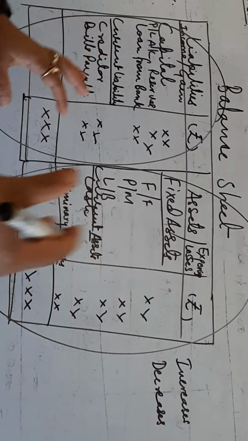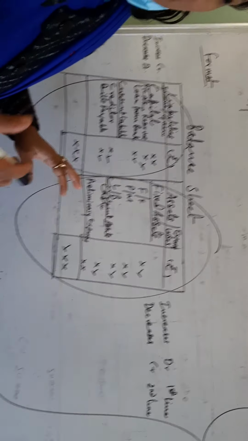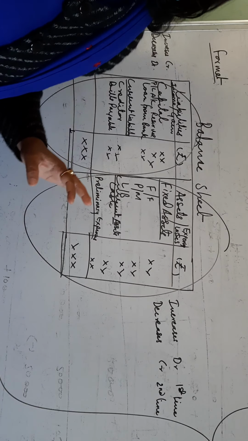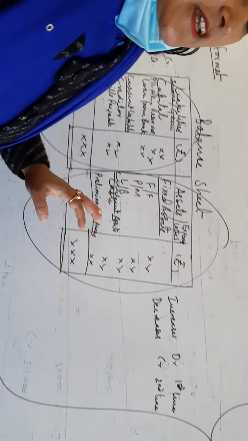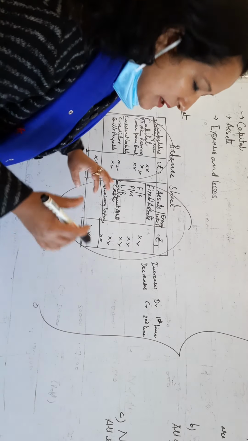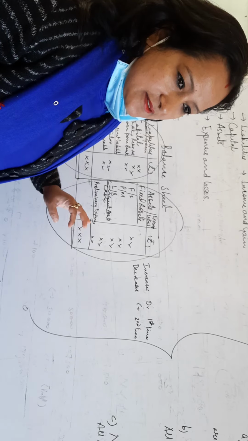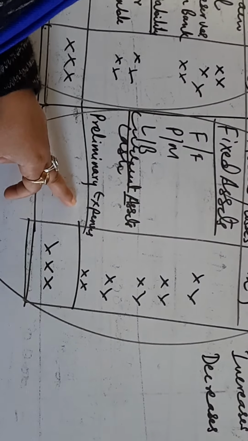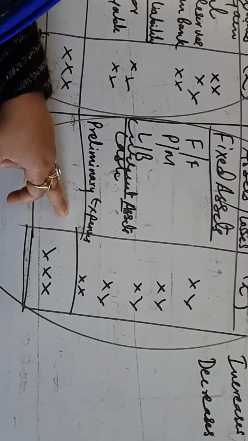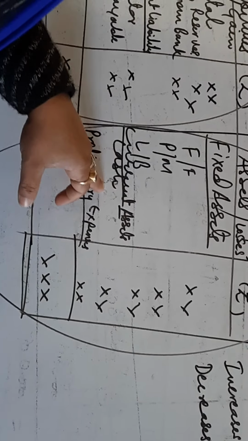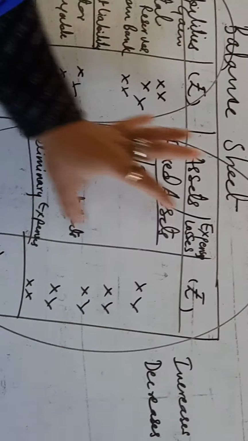Okay. See, in the balance sheet you will find on the right hand side all the assets items. If not assets, then you will find losses or expenses. We should understand that if there is no cash, if the cash is short, it means somehow they are having losses. Okay. Loss indicates, for example, preliminary expenses. If it had not happened in the business, if there were no expenses, that means that particular amount would be in the form of cash. So this is the concept.